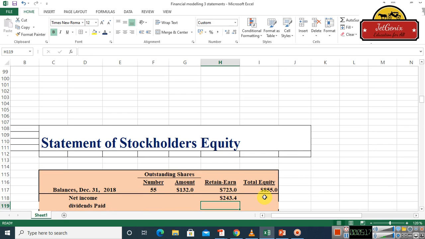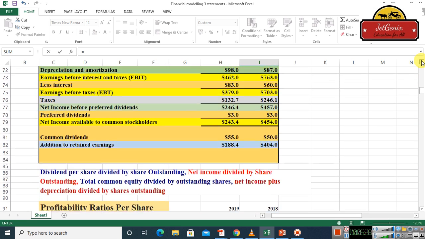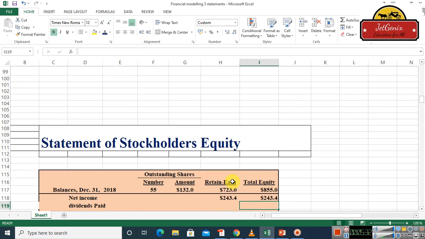And again here I have to add the net income to the total equity as well. So again I will select the same net income from the income statement for 2019 and press enter. And now here I'm going to subtract the dividend paid, and the dividend paid, I think that is